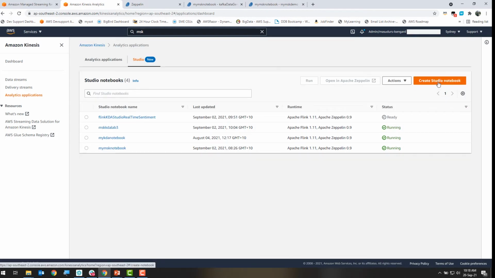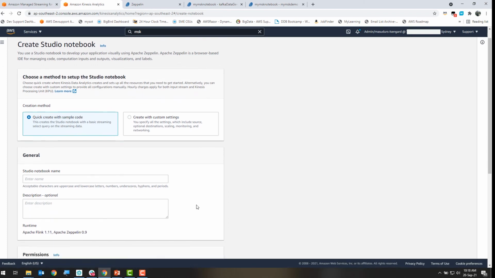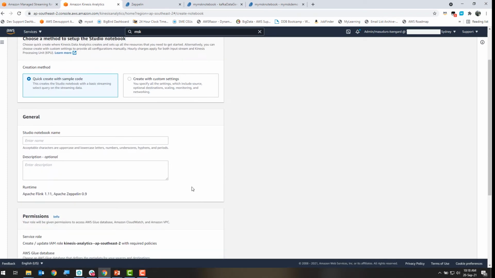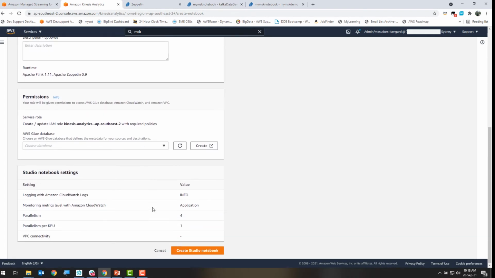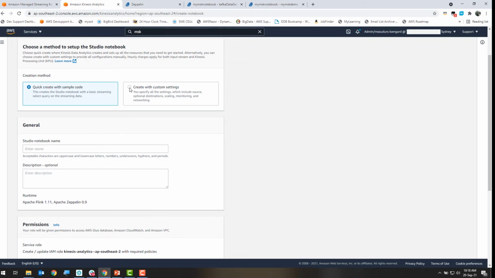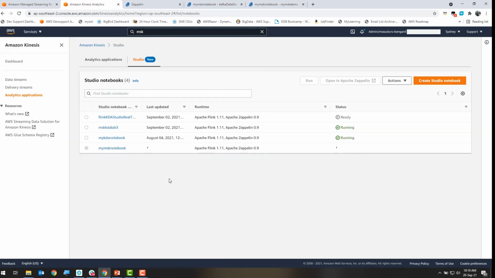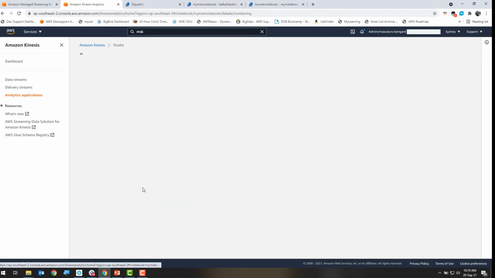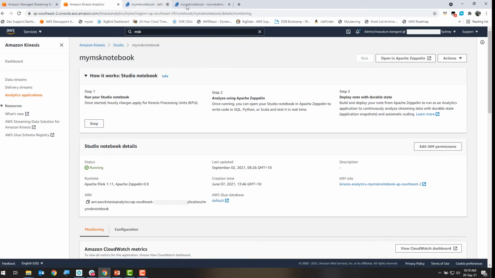Creating a new studio is also easy to do. You click on the Create Studio Notebook button, and then you specify some settings, for example the notebook name. Especially if you're connecting with an Apache Kafka cluster, you will specify some networking configuration in these custom settings. For this demo, I have already created the notebook as well. This is my MSK notebook. Since this is running, I'm going to click on Open in Zeppelin